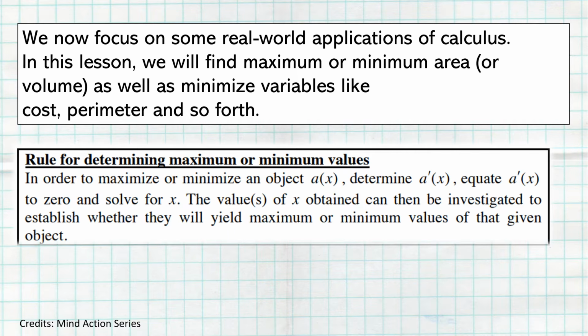In another case, maybe you want to build a rectangular swimming pool, and you want to determine the maximum volume of water that can occupy that rectangular swimming pool. We can use the idea of maximization and minimization, which is a topic under the application of calculus. So in this lesson, we're going to learn how to find the maximum or minimum area or volume,